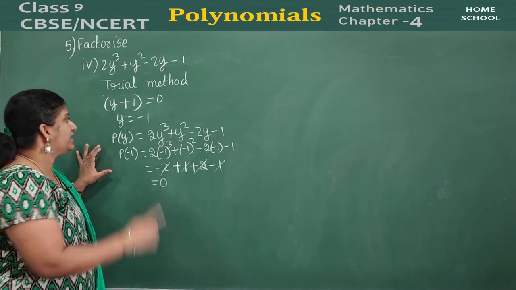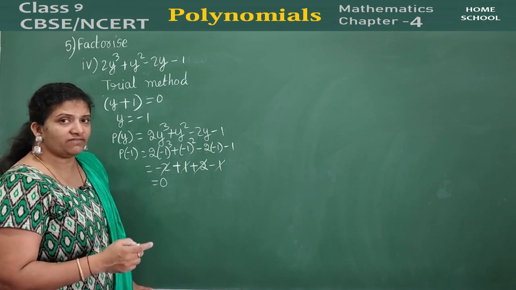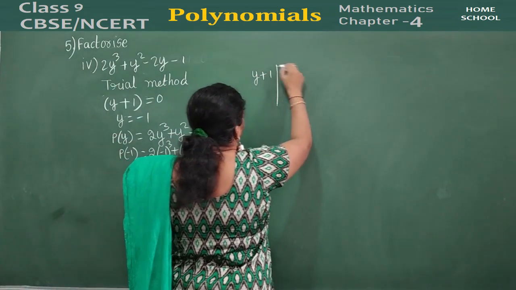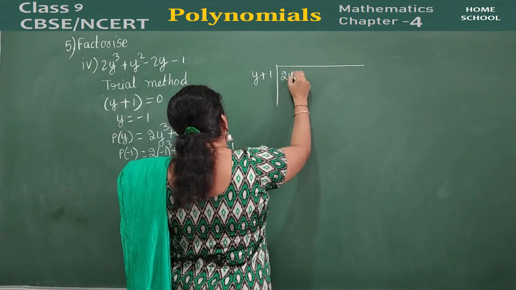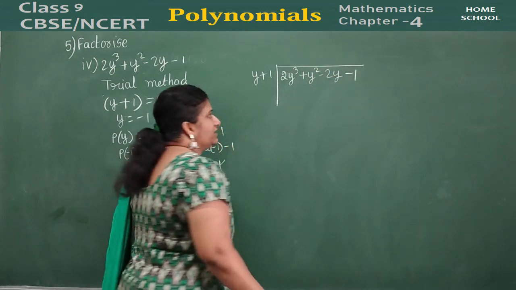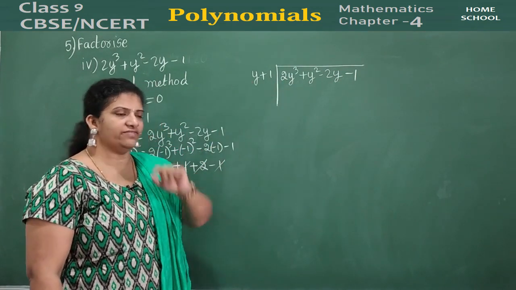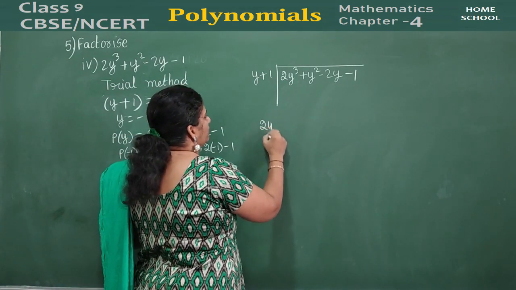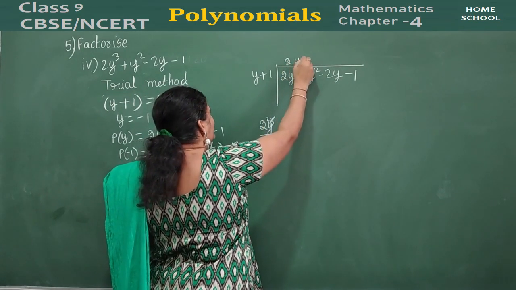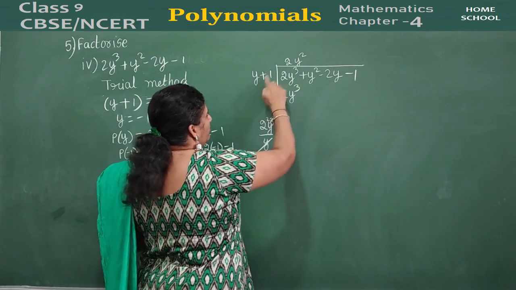What you can say here, children? Yes, y plus 1 is a factor of the cubic polynomial. If it is a factor, let us divide and get the other two factors. Y plus 1 divide 2y cube plus y square minus 2y minus 1. How will you divide? Dividend first term by divisor first term. That will be 2y cube by y is how much? Y square. That will be 2y square. Multiply 2y square into y will be 2y cube plus